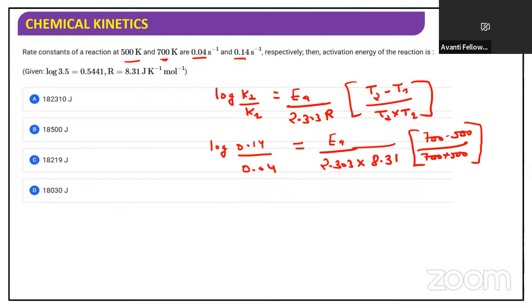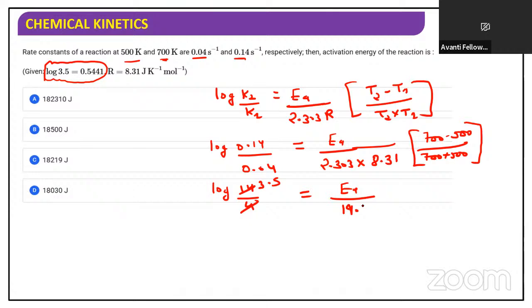So what is the value of log 0.14 and log 0.04 comes out to be? So let's solve this. This value comes out to be log, and we can write it as log 14 divided by log 4, right? So this actually comes out to be log 3.5, right? And in this question, log 3.5 value is already given. So this is log 3.5. This is Ea, on solving 2.303 into 8.31, what's the value? Almost